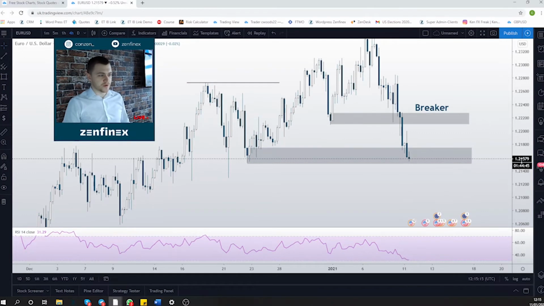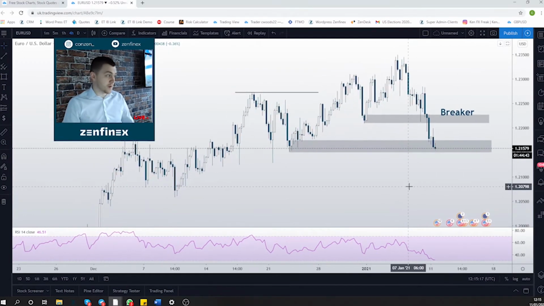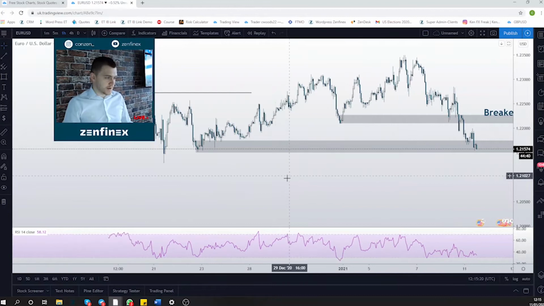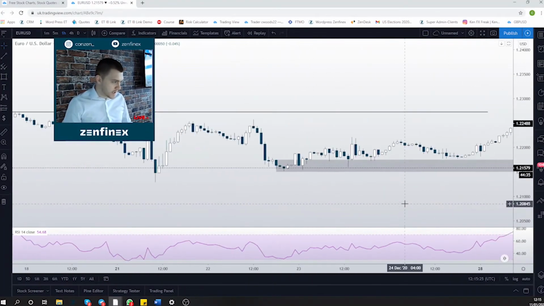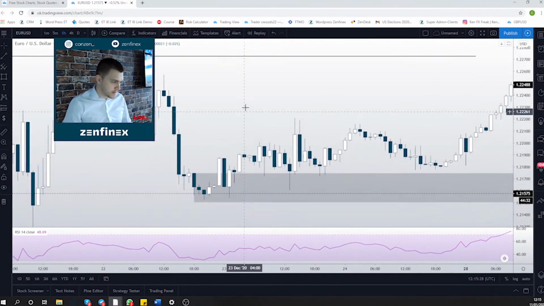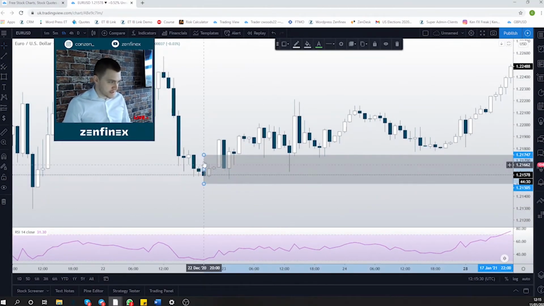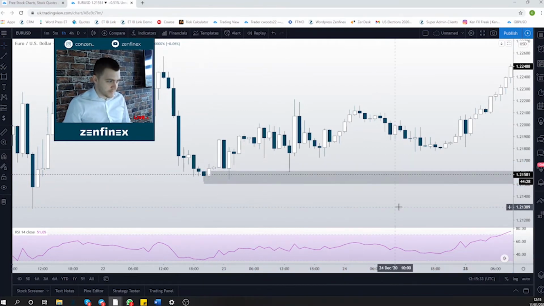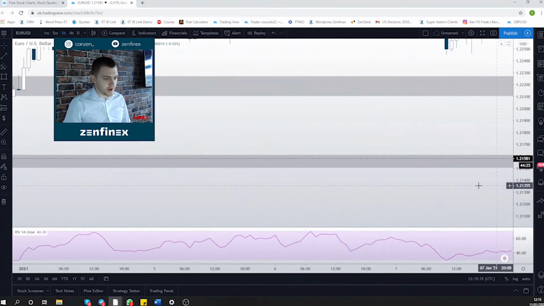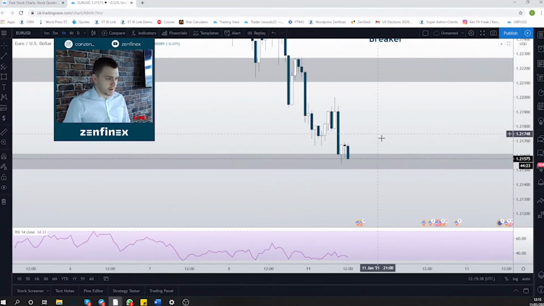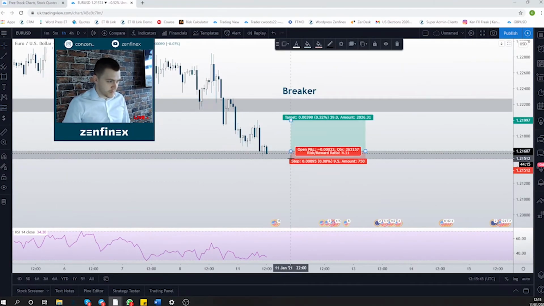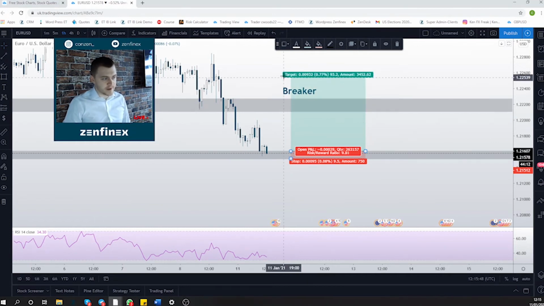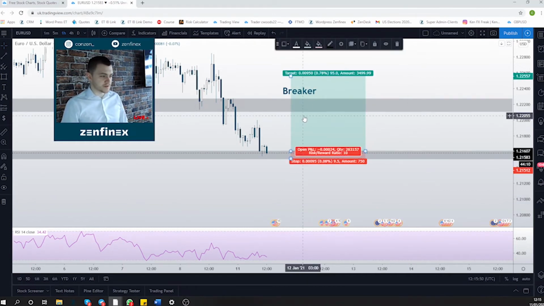Depending on your risk tolerance, that might be preferable. For me, I like to go down onto a lower time frame, so I'm on the 1 hour now, and within this area we can actually shorten this 4-hour order block into something a lot better in terms of SL. If I draw on a long position, we're now looking at a 9.5 pip SL for our buys, which is decent.